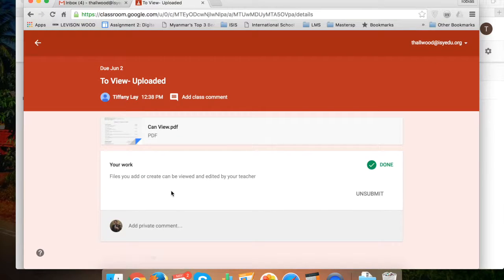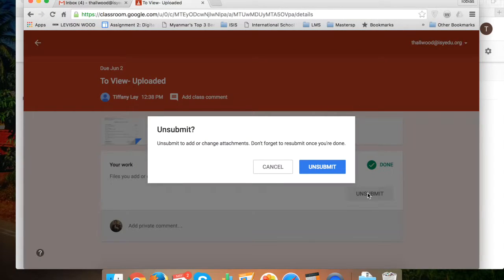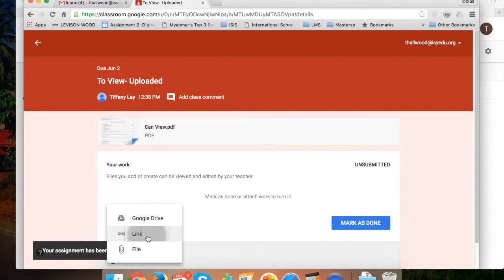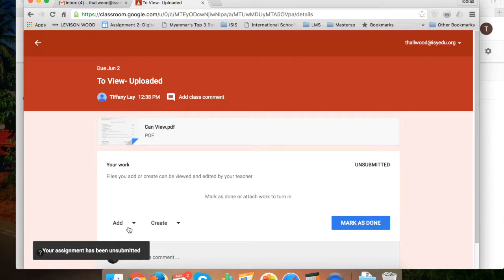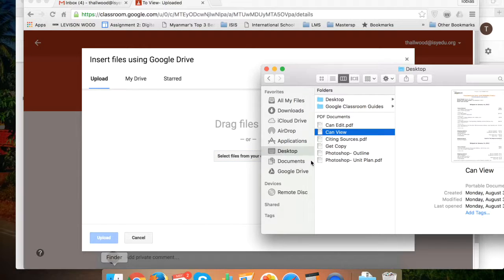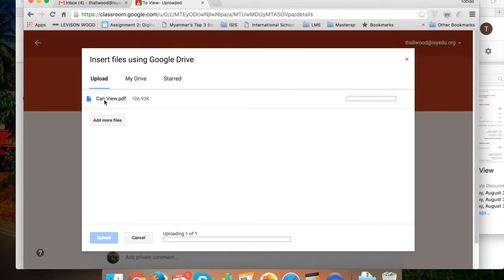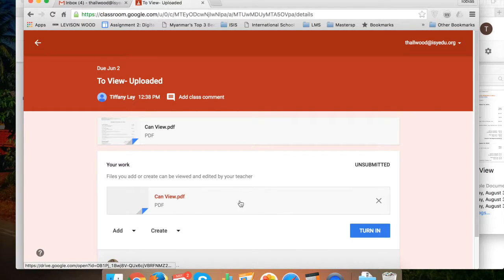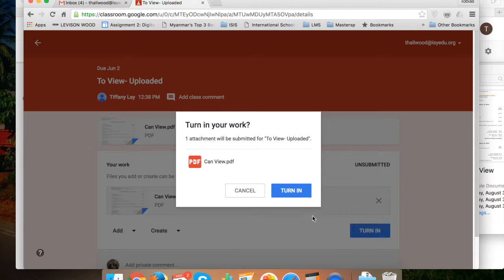Now say the student forgot to attach the file. They can click unsubmit, and they can come back and attach whatever they need to attach. And I'll just show you what it's going to look like in their folder. So if I was to add a file, and I was just going to say I've completed the worksheet, I've scanned it, and I've now turned this back in. I'm uploading this file, and you'll notice it's also called To View, so it's going to have the same name, but that's okay, because when I click Turn In,